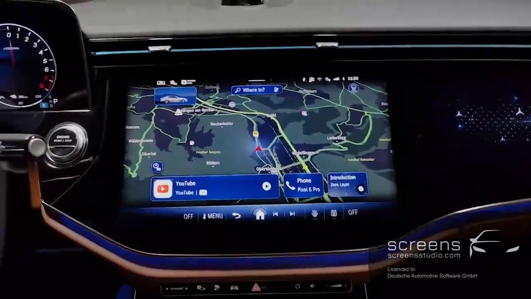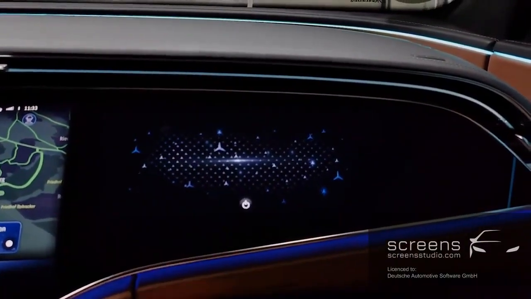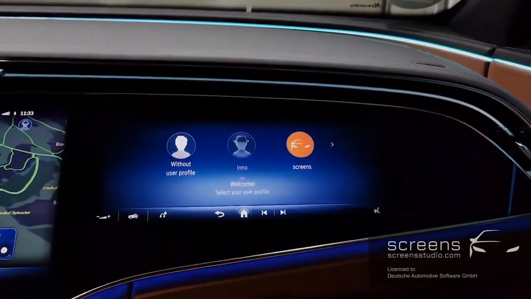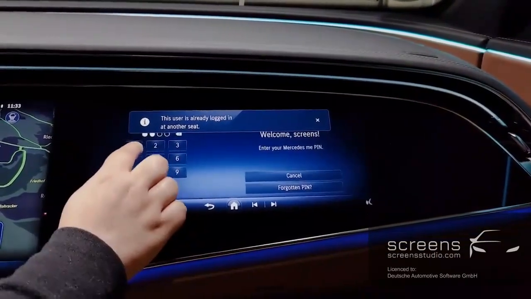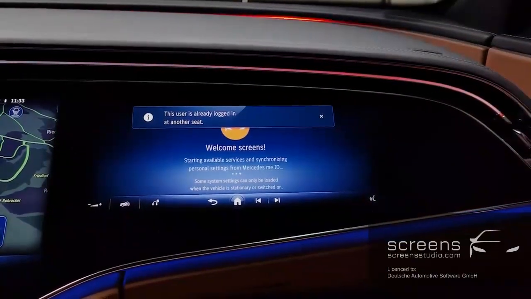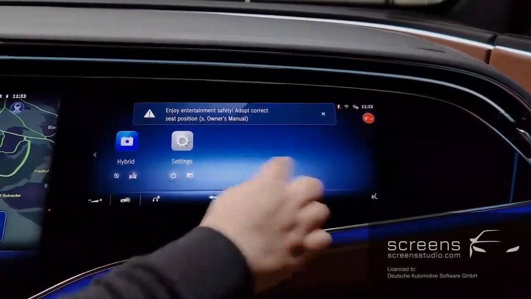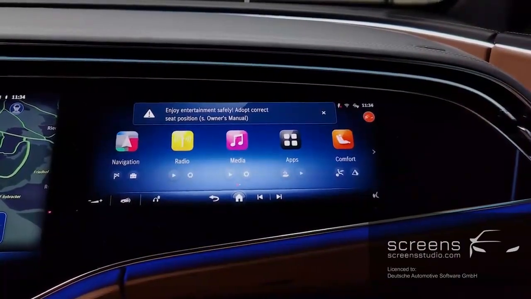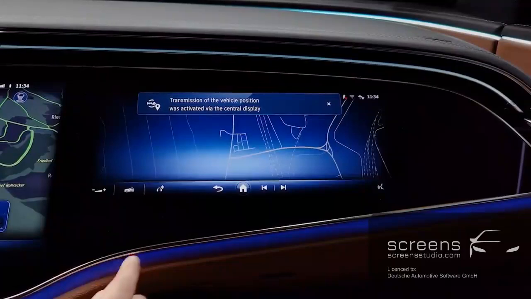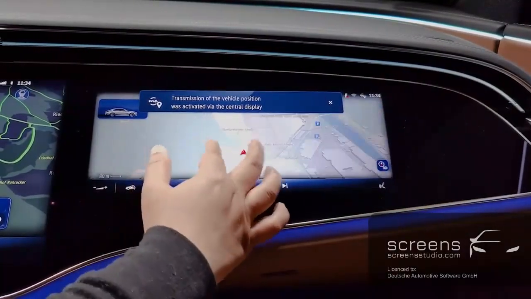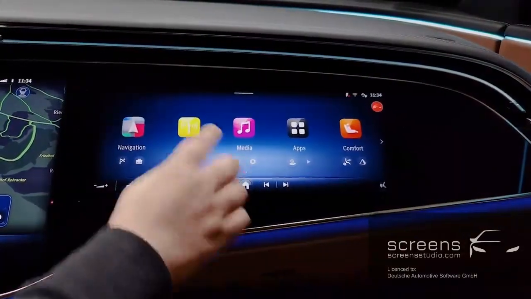Another display in this vehicle is the passenger display on the right. Tap to turn it on first. We cannot log in with the same profile twice. Menu overview. Navigation first. Radio,